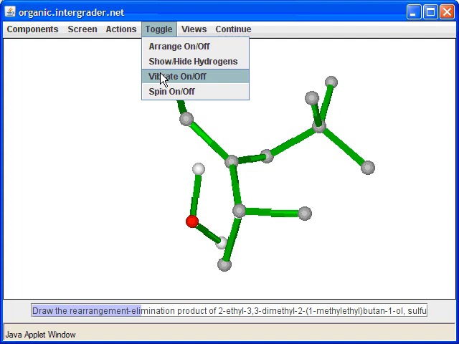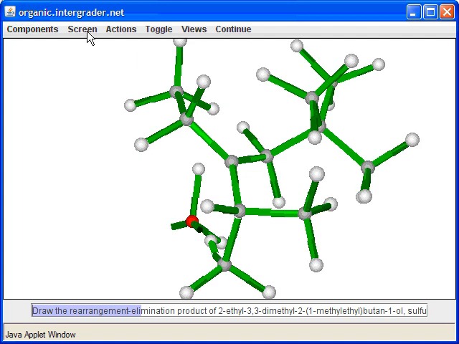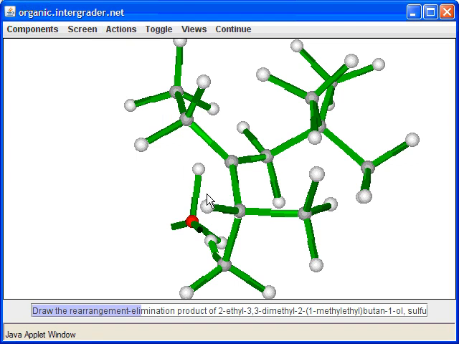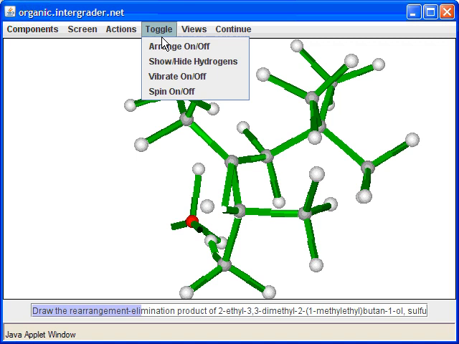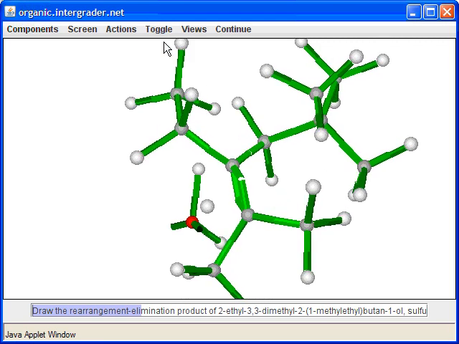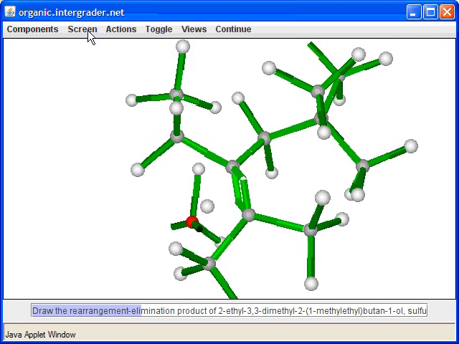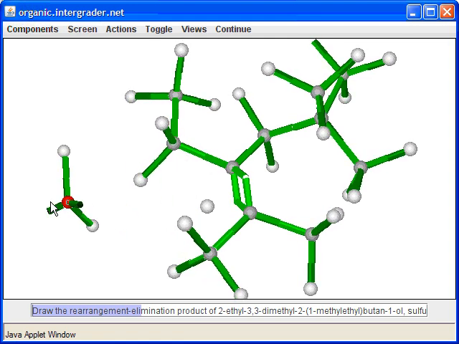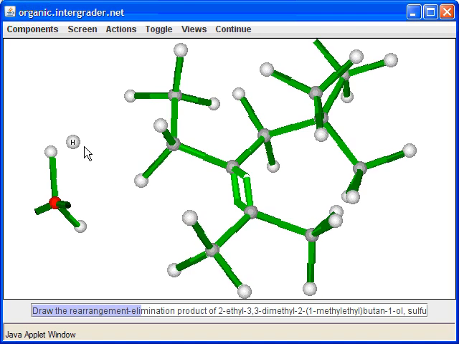So let me put the hydrogens back in here. Once we have that in there, I'm going to use chemistry to complete the reaction and do an E1 elimination. That's not what we should have done. What we should have done is take the electrons away from hydrogen, so we can regenerate a proton. So I'll hit arrange. Now that we've done that, let me move these other pieces out of the way, because we don't need the water in the picture anymore, and we don't need the proton anymore.